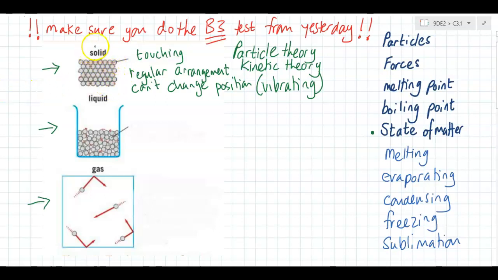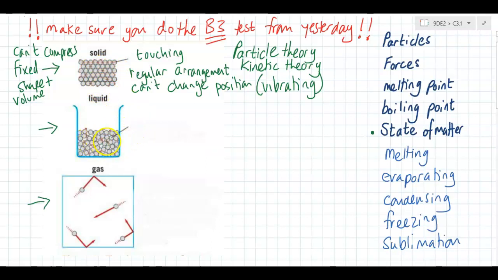Think what you can't do to a solid. Okay, you can't compress a solid. You can't squash it into a smaller volume. It's in a fixed shape, and its volume is fixed as well. Okay, so although we can change the shape, we can't make it take up less space. Okay,